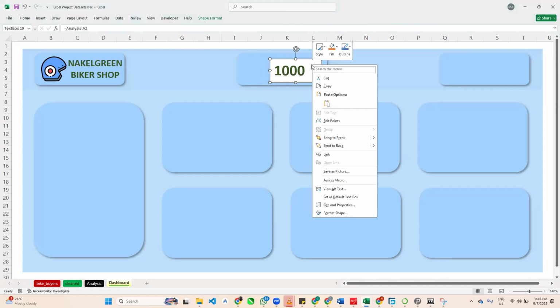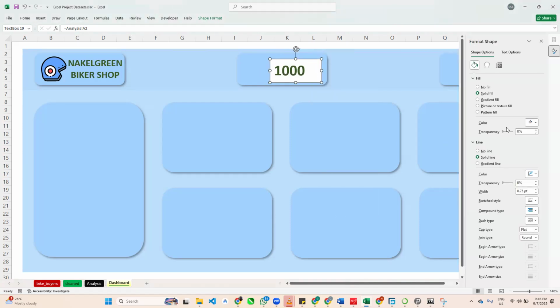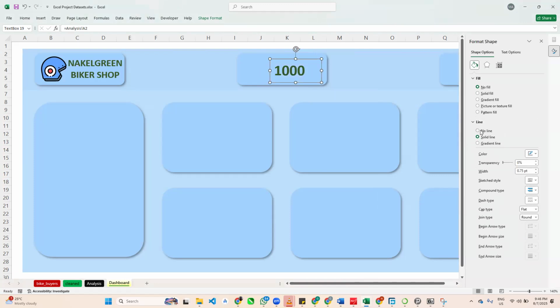Right, so I will just do Format Shapes, no fill, no line. Once I do that, I can even make this 1,000 bigger than this, but I think it's okay the way it is. We can make it bigger if you want to, but it's okay the way it is. So the next thing we need to do is